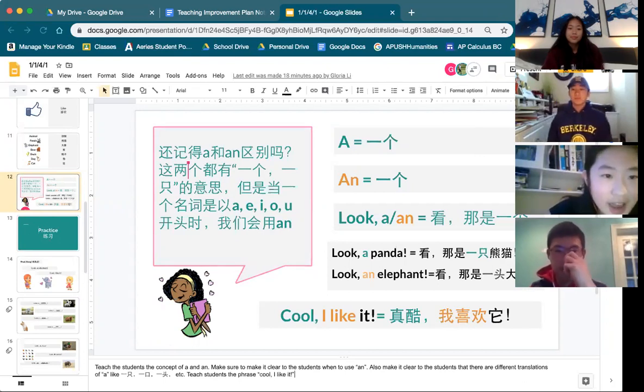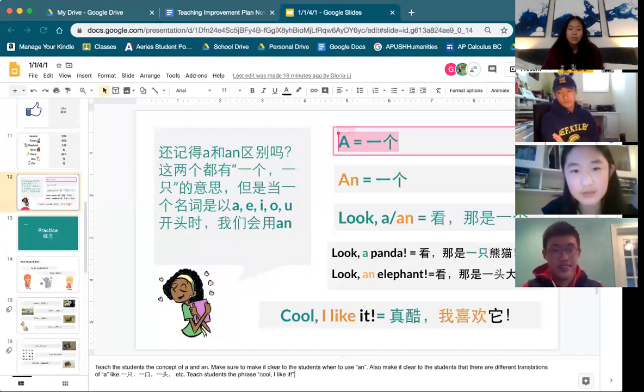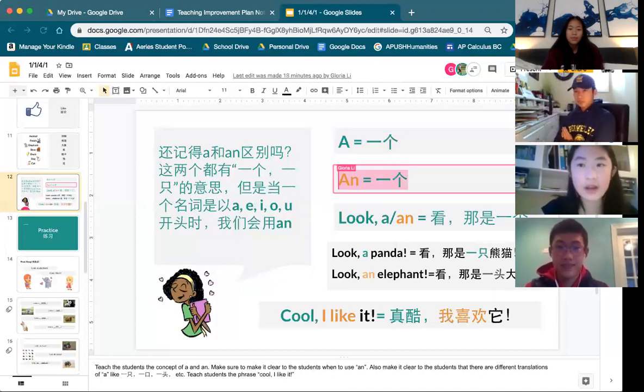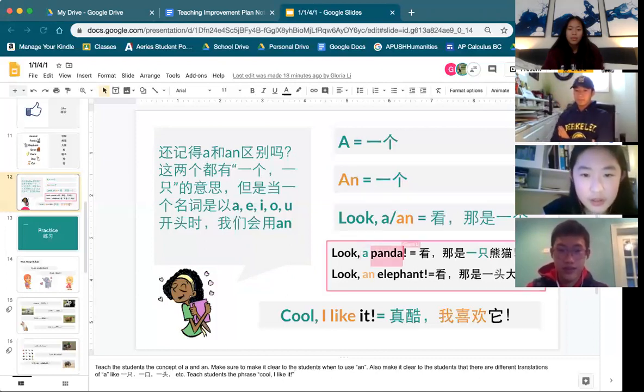So here she's saying, 还记得 a 和 an 的区别吗？这两个都有一个一只的意思，但是当一个名词是以 a, e, i, o, u 开始时，我们会用 an. So then we show, here a 等于一个 and an 等于一个， so 两个都是一个的意思。但你看这里我们有 panda 的时候，熊猫的时候，因为它第一个字母是 P 不是 A E I O U， 我们就用 A。 And then elephant 大象是以 E 开始，所以我们用 N。